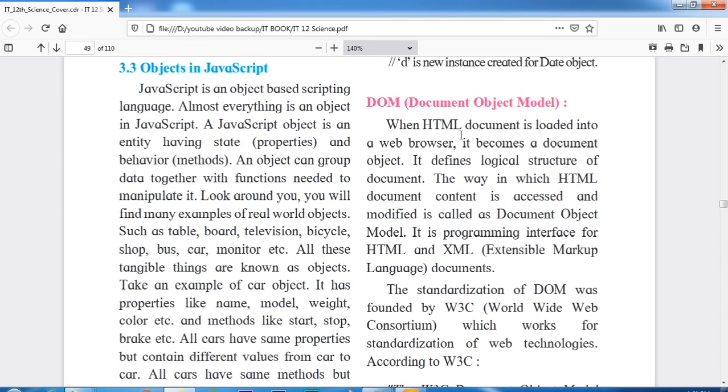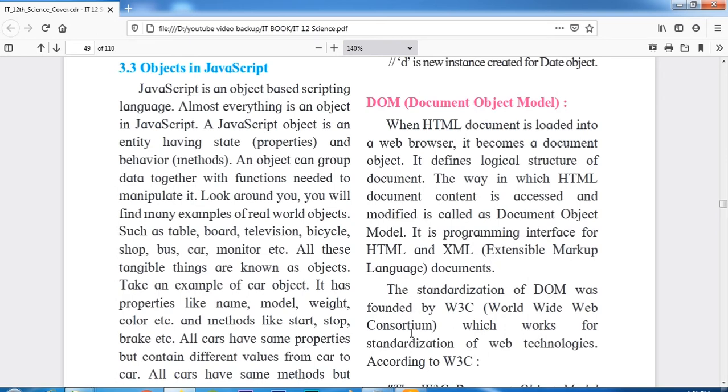So whatever is loaded in the browser becomes your HTML document, and how we can access, retrieve or modify it, the whole process is defined in the document object model. It is a programming interface for HTML and XML, that is extensible markup language.